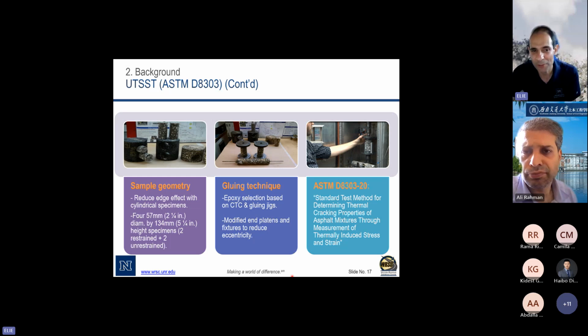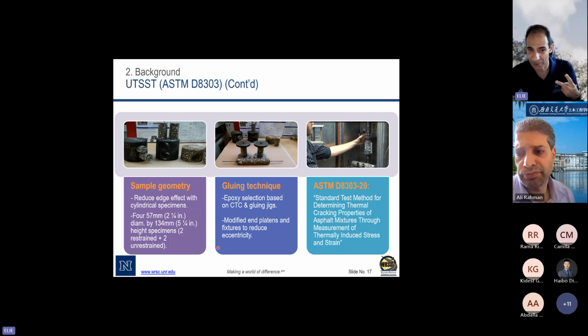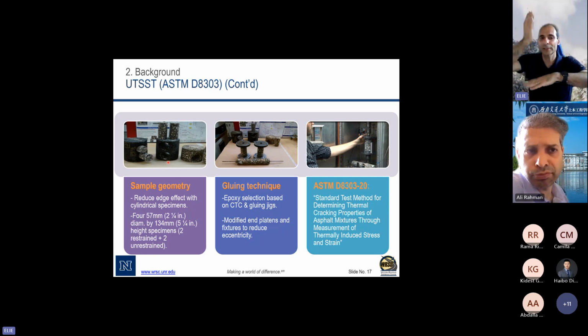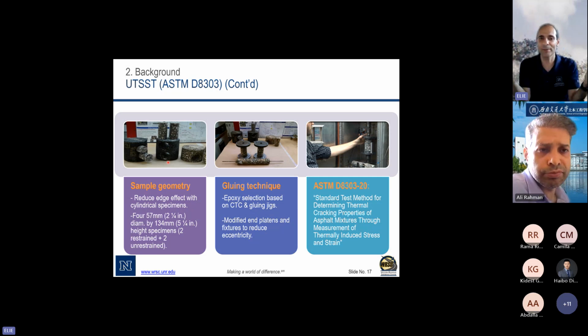So we wanted to go with cylinders for two main reasons. One, in the lab, we do the gyratory cylinders. In the field, we get cores. Second, we wanted to take the core sideways because then if you have a thin lift, you can still take a sample out of it. Plus, it is perpendicular to the direction of the compaction and how the mix is going to contract and expand. So we preserve the orientation of the mixes.